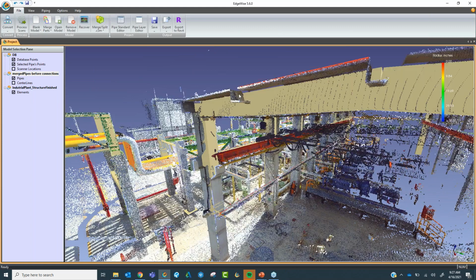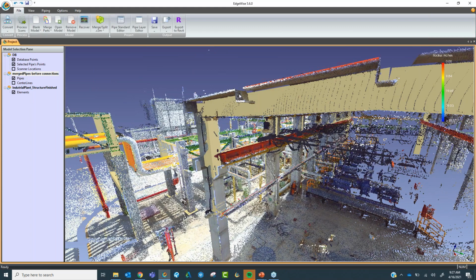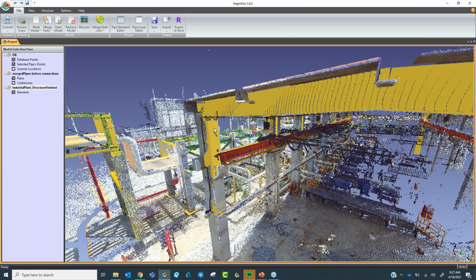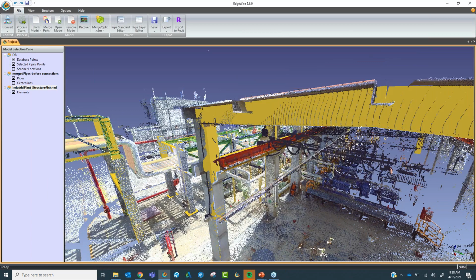Now, what you'll notice is that structure does not have an automated extraction. So I mean, it does, but it doesn't in that sense. Let me clarify that. You notice that structure didn't have a tab at the beginning. It was building, pipe, ground, and point database. There was no structure there, okay? Structure is done